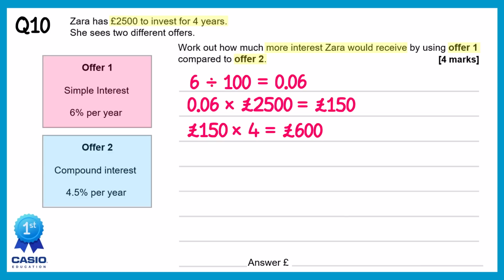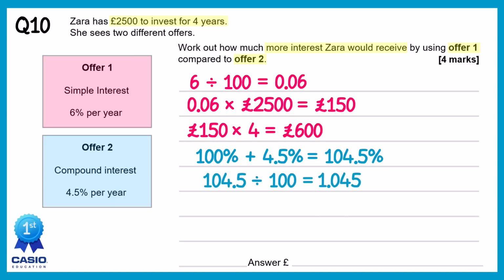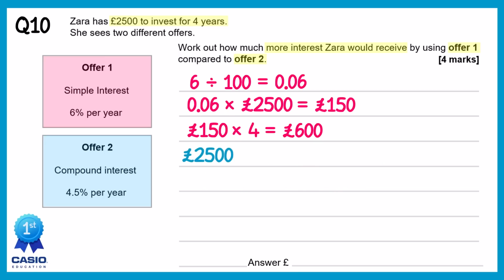We need to find the decimal multiplier to increase by 4.5%. To do this, you start with 100% and then add on this 4.5%, which would of course be 104.5%. If you divide this by 100, you'll find its decimal multiplier, which is 1.045. We now take the amount of money that Zara has, so 2,500, and multiply it by this number, 1.045. This will add on the interest for us for the first year, but we need to do this 4 times for the 4 years, so we do it to the power 4. And that will give you this number here, which we need to round to 2 decimal places since it's money,